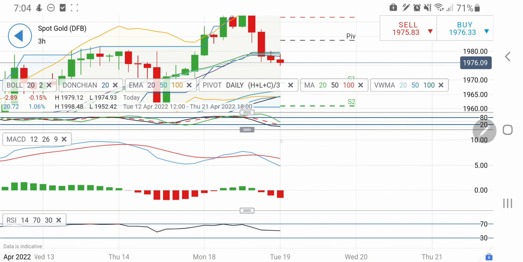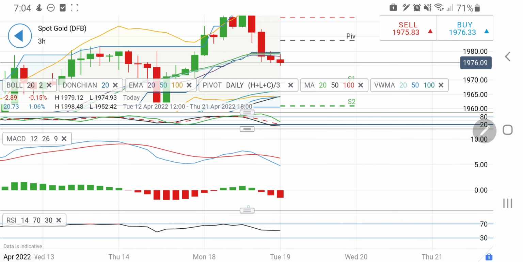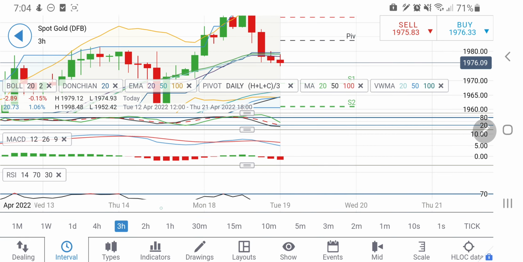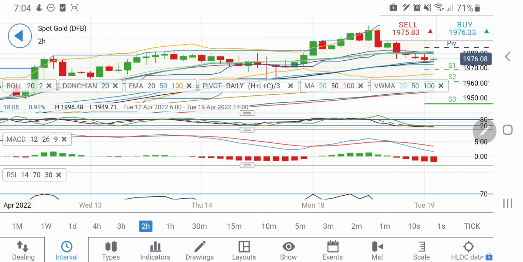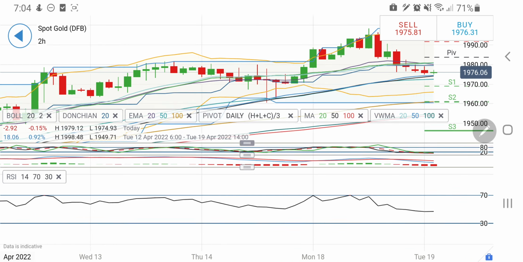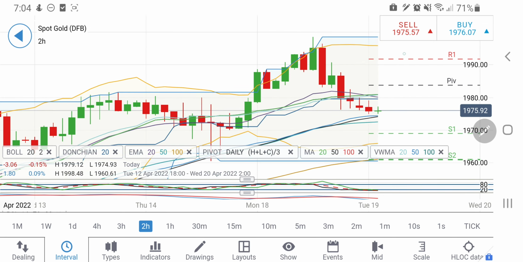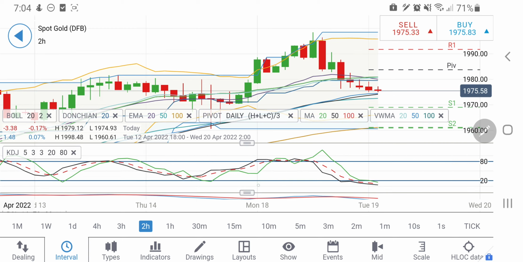On the 3-hour, stochastic is oversold, MACD is wide divergent and still on the sell side. RSI is not showing any signs there. And if you look at the 2-hour charts, it is also oversold, trading in the sell zone. And look at the 2-hour stochastic there. See, the resistance zone and the support zones are very clear here. You can very clearly find out that it may try to drop till 1967. This is also very much possible, but from there a bounce back is a must. That is what is expected out of here.